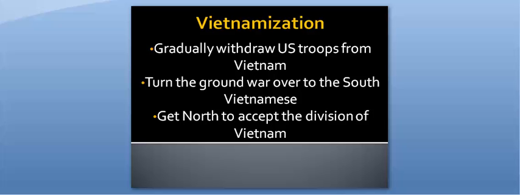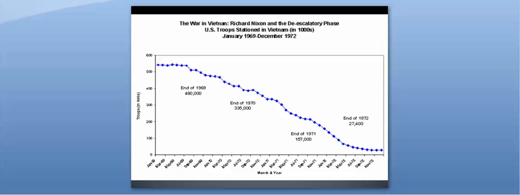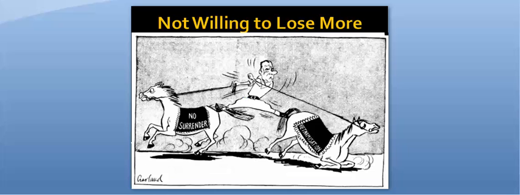To do this, Nixon created a new policy called Vietnamization. This policy intended to end the conflict in Vietnam for the U.S., which included a gradual withdrawal of U.S. troops from Vietnam. The idea was we would shift our focus back to training South Vietnamese troops and turn the combat fighting over to them so we could pull our troops out.